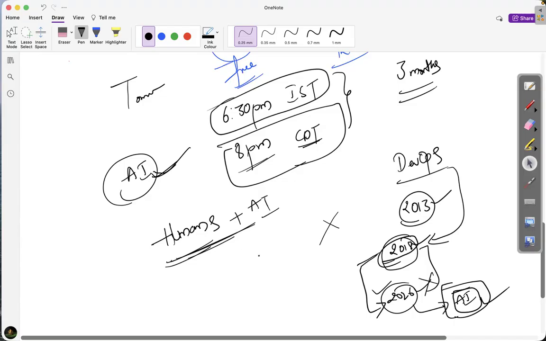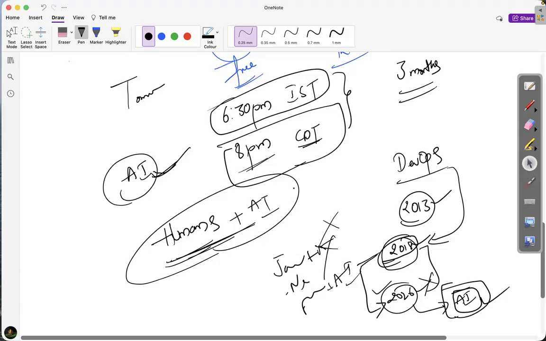So in this AI era, if you just learn normal Java, normal .NET, Python, it will not help you. Java with AI, Python with AI, DevOps with AI, only then will you survive. I hope I have answered.